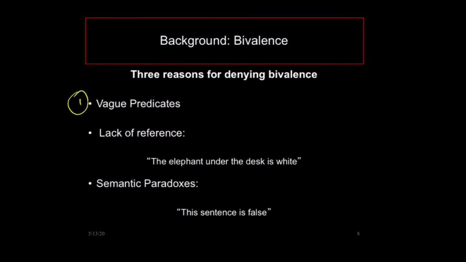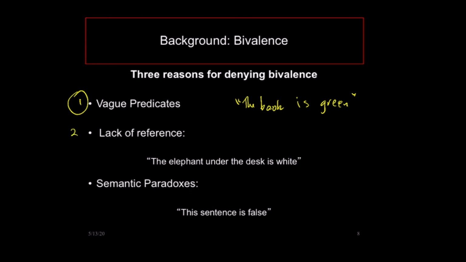But some of the considerations that have been raised by philosophers to question the principle of bivalence are the following. First, the fact that we have vague predicates, which we've already encountered in our discussions of van Fraassen's constructive empiricism. For instance, the predicate "is green" is arguably a vague predicate. And you can imagine a situation where one could convincingly argue that the statement "the book is green" is neither true nor false. Okay, because it's just that shade of a color that isn't really obviously green or not green, right? And so vague predicates have motivated some philosophers to say that we need to deny the principle of bivalence.